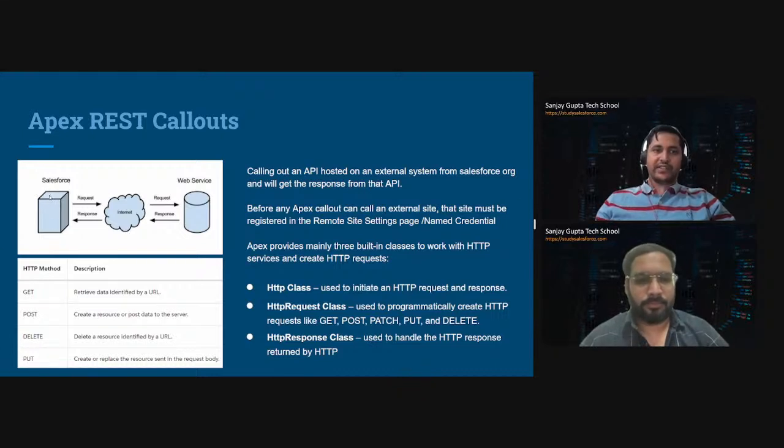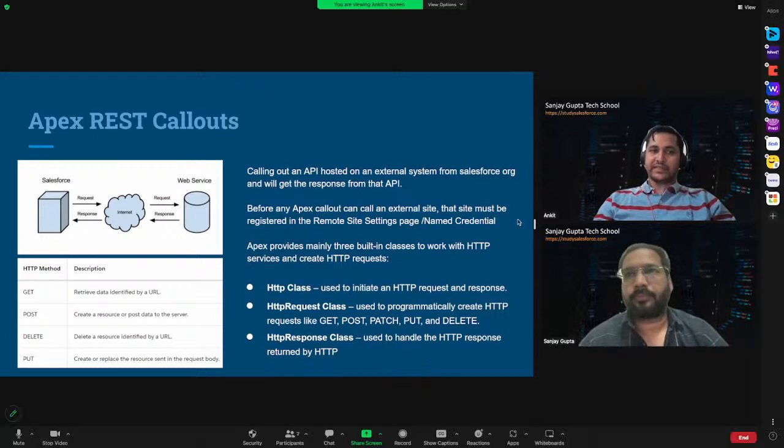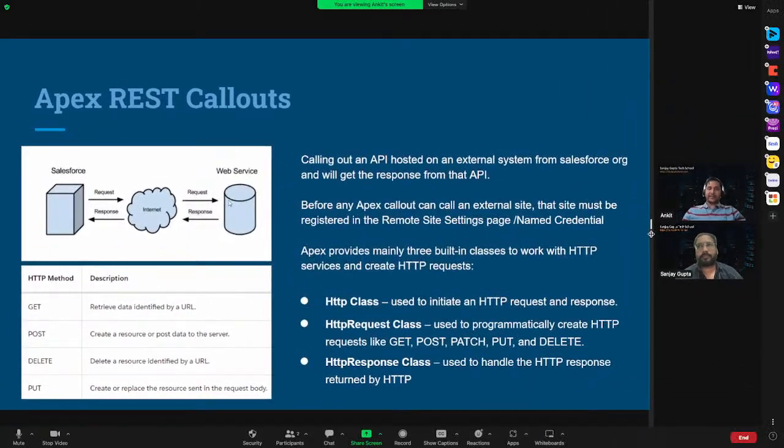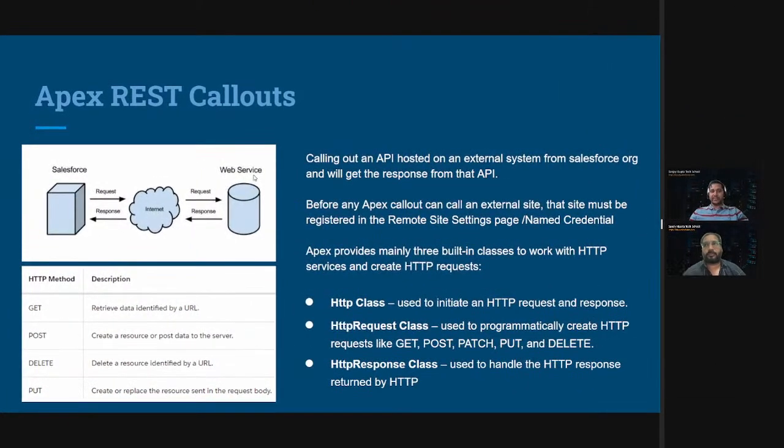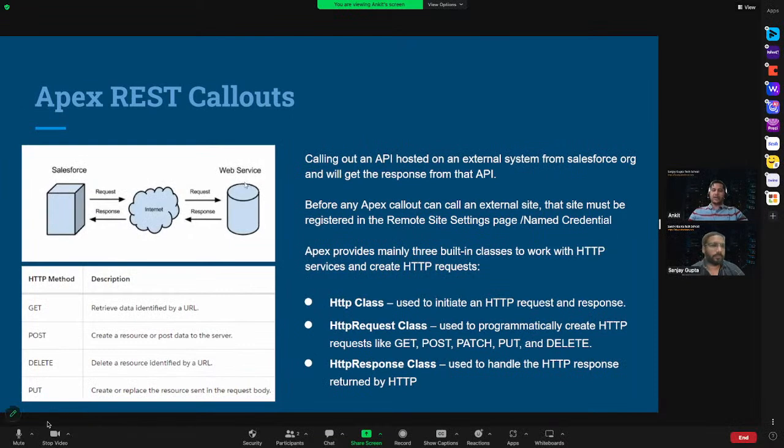For example, if you refer to this diagram, let's say Salesforce is one system and there's another system. That other system can be in any other language, and can be running on any other platform. As Salesforce, how do you send the request and accept the response from that web service? What are the different things you have to take care of to send the request and accept the response from the third-party system? The third-party system can be an Oracle system, a SAP system, or another Salesforce org as well.